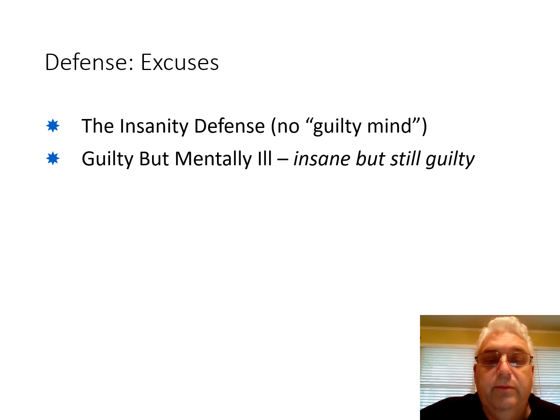Similar to that is guilty but mentally ill, where you admit guilt to the crime, but you still say you couldn't have formed mens rea. All the other elements of the crime may be met, causation, legality, etc. But if the mens rea is not there,